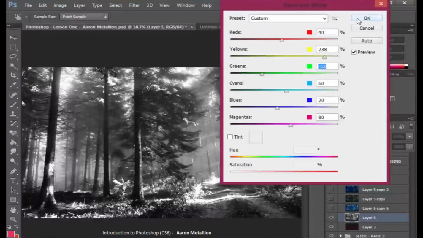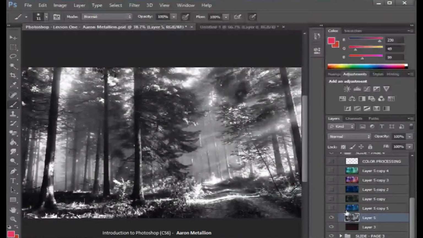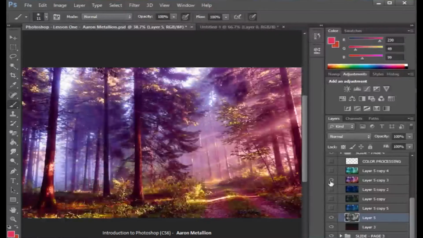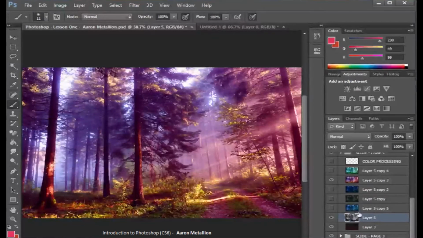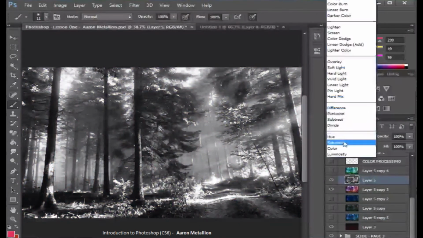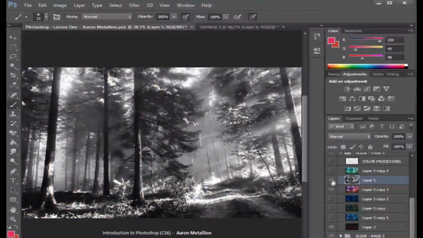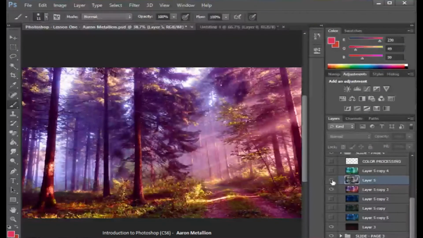I'll show you one more thing. It's cool. I'm gonna click OK. And say I want to add this contrast value to this image. I want this sort of brightness that I have going on in this black and white onto this. I'm gonna drag this layer over this, and there are a whole bunch of different things. The best way to learn this is to play around with it. It may look complicated, but you're gonna use a lot of these later, and it'll give you some really cool effects. So if you want this same value onto this painting right here,